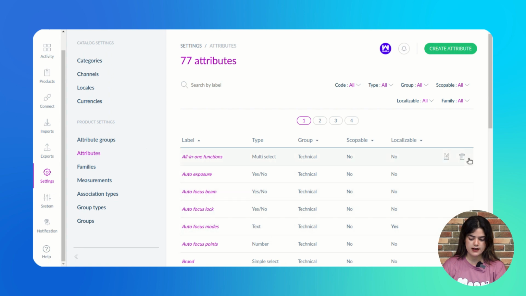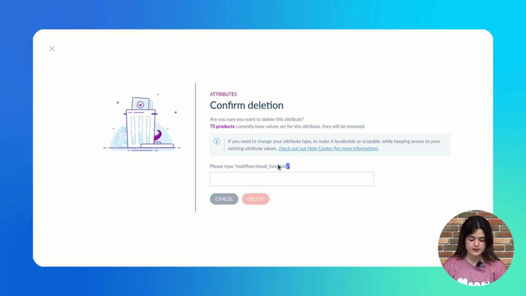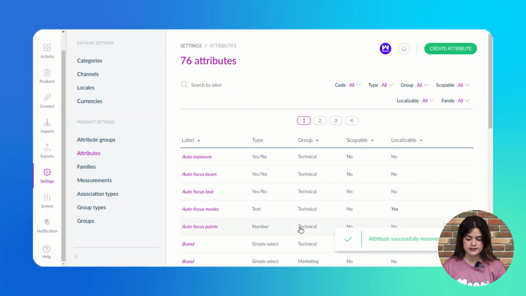As I am going to delete a particular attribute over here, you need to follow the process for deleting a particular attribute. After that you need to tap over the delete option, and accordingly once an attribute is deleted you will get a pop-up as well, like attribute successfully removed.